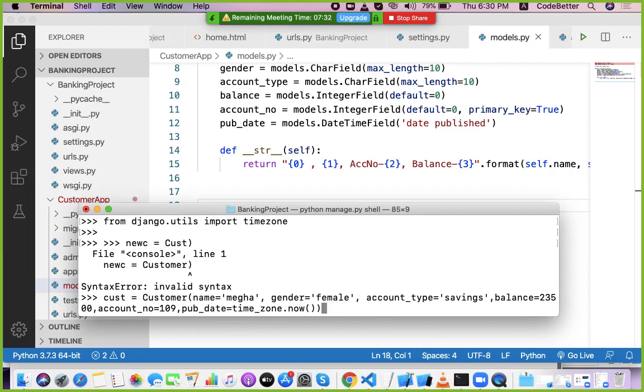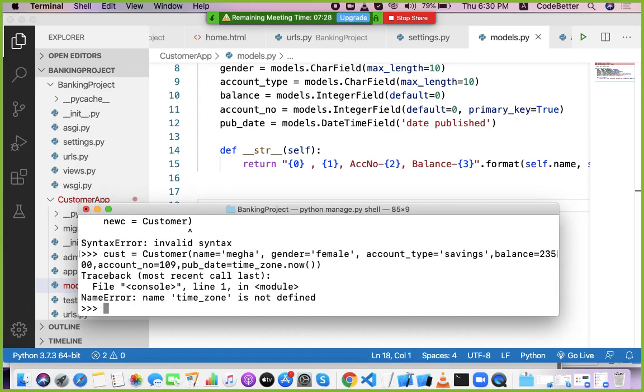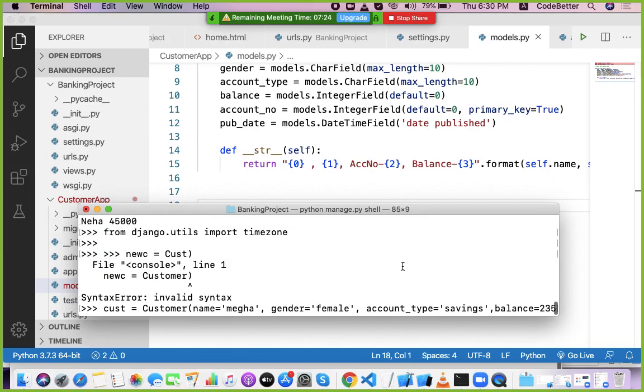So I have just created one object of the customer model. I think I have the import for timezone.